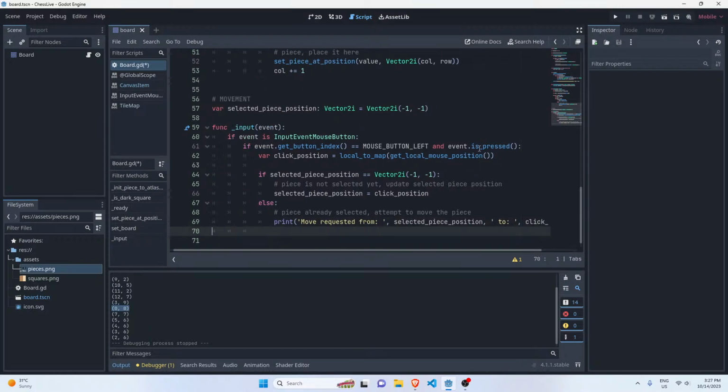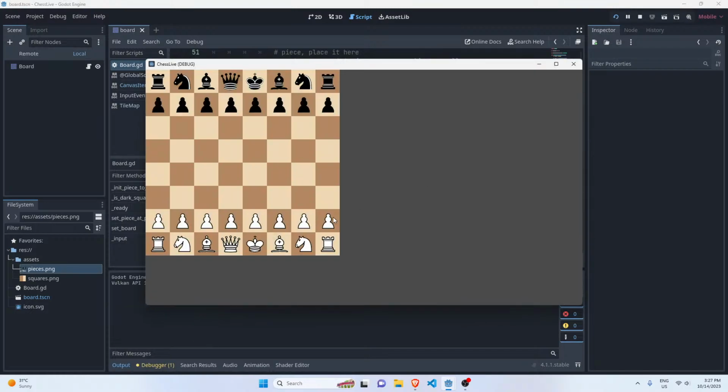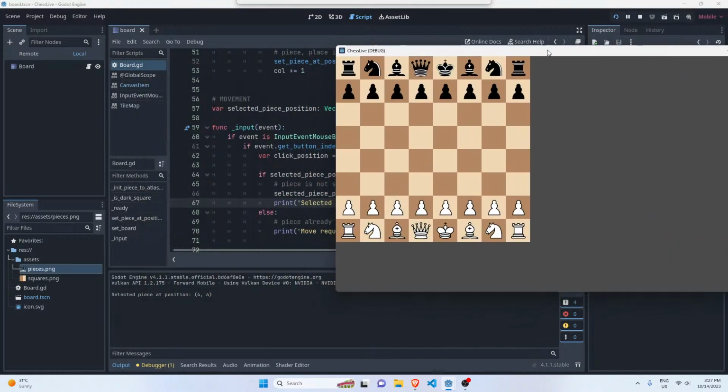Let's go ahead and I'm going to say "selected piece at position". This could also be click position, doesn't matter. I'm just going to test this. Save. So it says selected piece position 4,6. Just click here, move requested from here to here, and if you see, my subsequent clicks always count as move